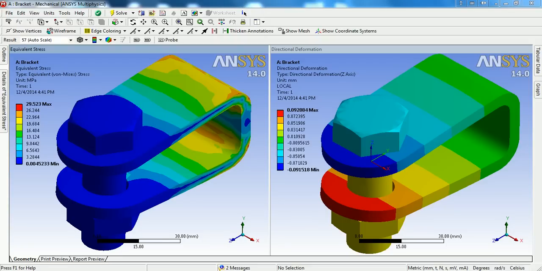This video demonstrates how to use bolt pretension in Ansys Workbench. Here are three parts: bracket, bolt, and nut. This assembly is given a bolt pretension load of 100 Newton and it is defined with frictional and bonded contact